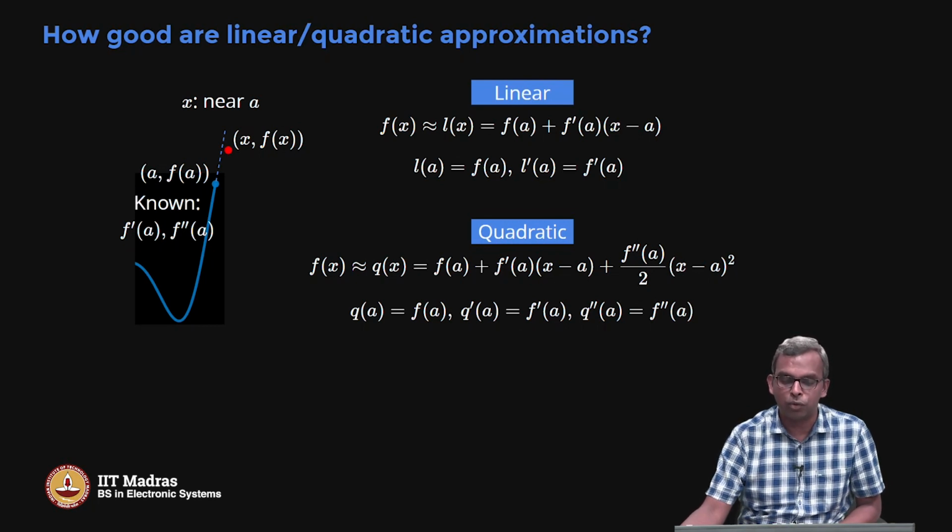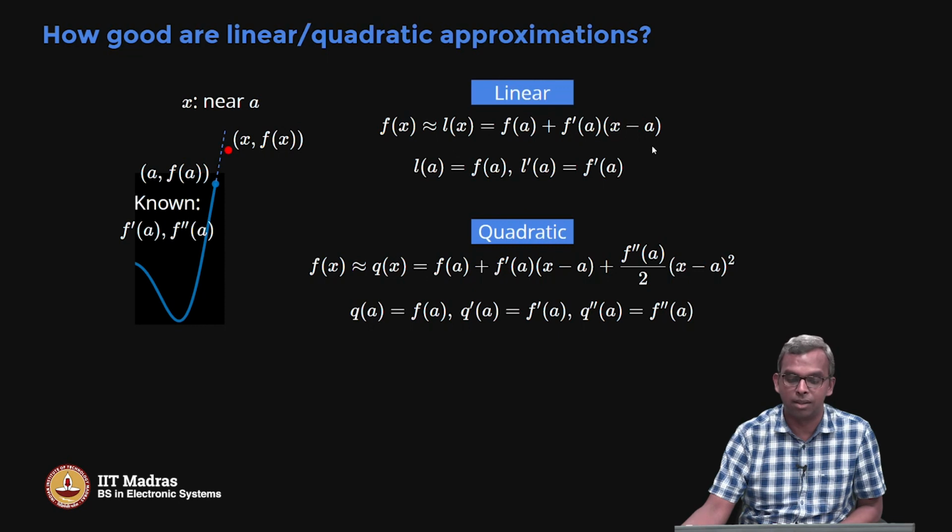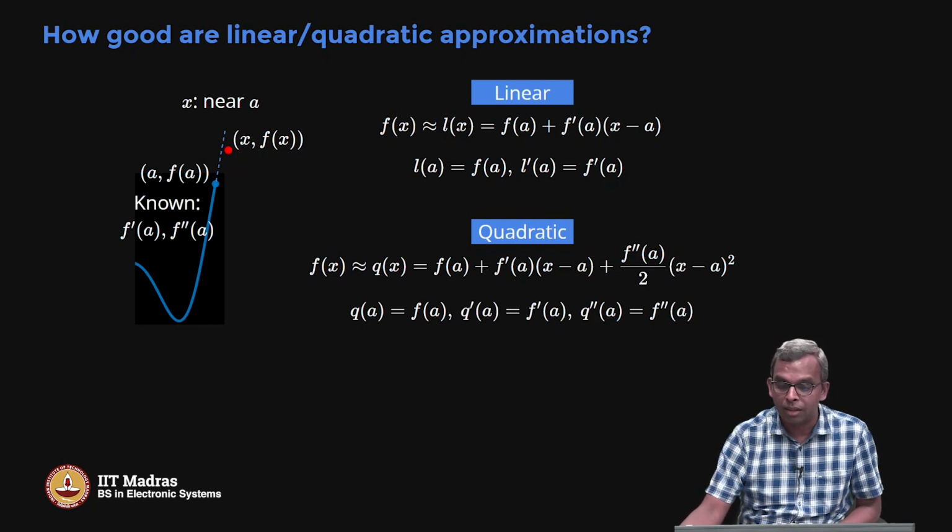Okay, how do I do this? For instance, linear approximation, we've seen this quite a bit. There is this linear function L of x, which is f of a plus f prime of a times x minus a, which I expect to be close to f of x, right? And you can see very interestingly, we've seen this before also, this function L matches with f at a, and